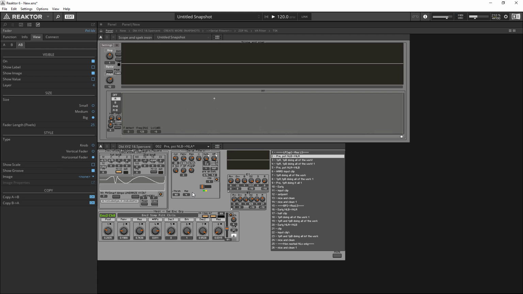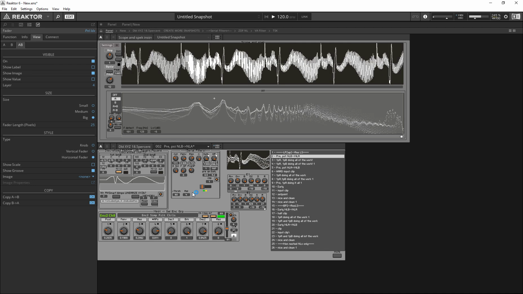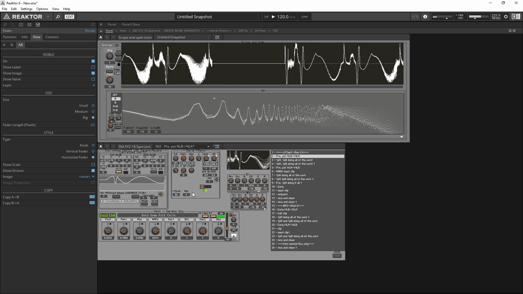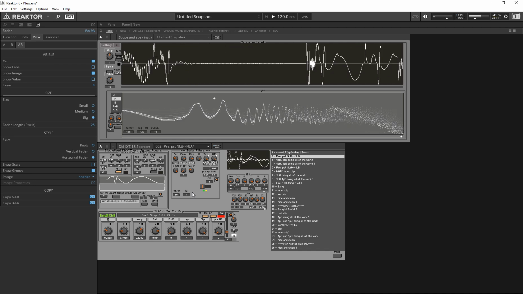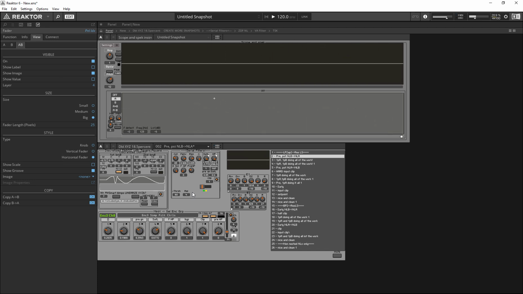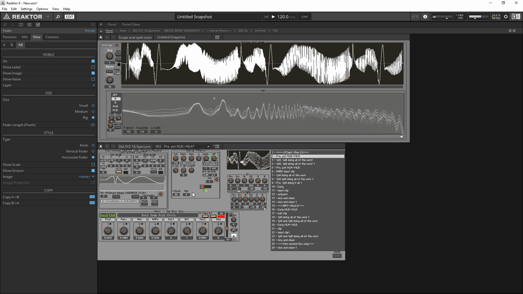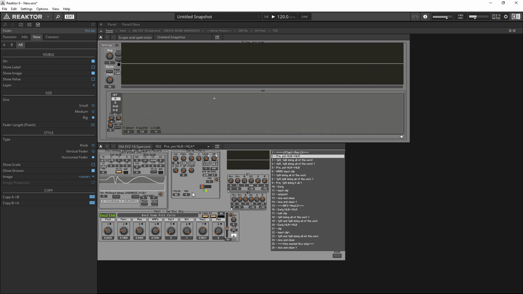I'll switch back to the other one to compare. That saturated sound. So the onset of the resonance in that high range is a lot more violent than